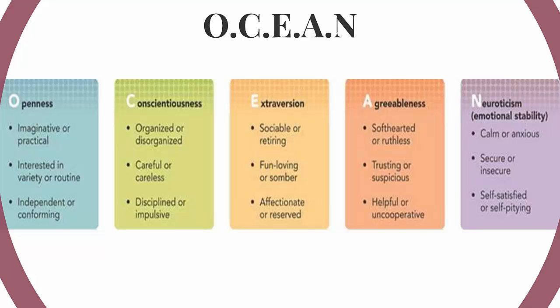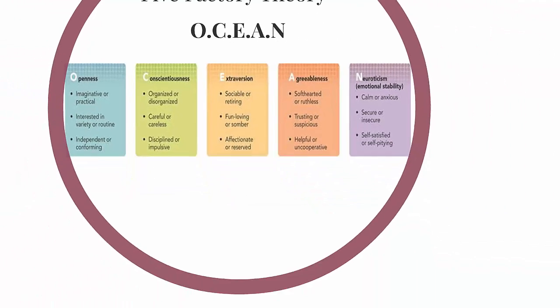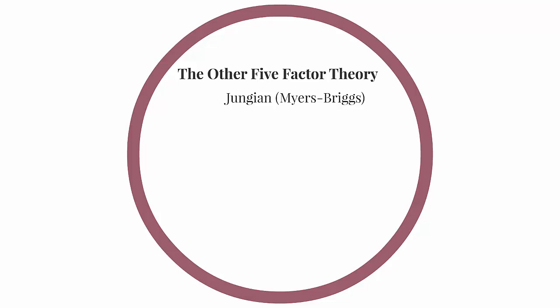And these are just a few of the different qualities. Feel free to pause this at any time if you want to take a good hard look at some of these. The one that I want to focus on is the other five-factor theory. Now this is Jungian. This was sort of grown from a contemporary of Freud's. He came after Freud but said a lot of the sex and parent loving and all that stuff that Freud emphasized was not as important to understanding personality to Jung as it was to Freud.